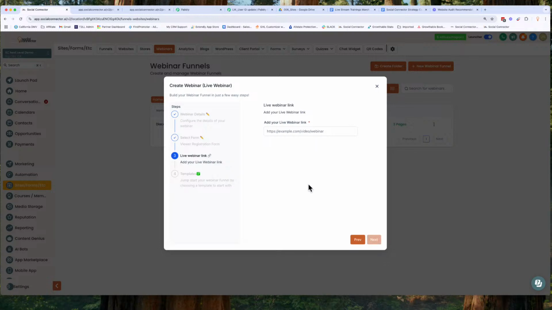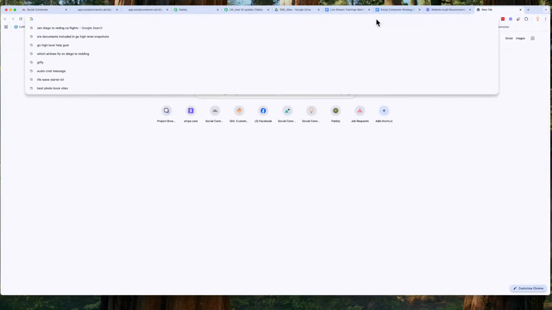Now, here's the difference in this funnel versus an on-demand funnel: currently Social Connector doesn't have a way for you to stream inside of the platform. Now, we can show you some little tricks, but if you're using a system such as StreamYard,